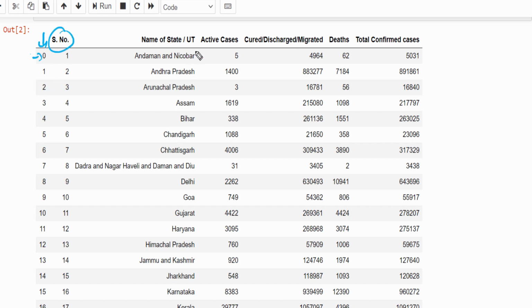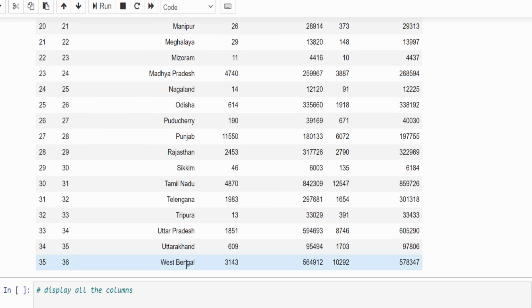Then the serial number, then the name of state or union territories, then active cases, then discharged or cured or migrated, then deaths and total confirmed cases. Totally we have 6 columns and 36 rows.